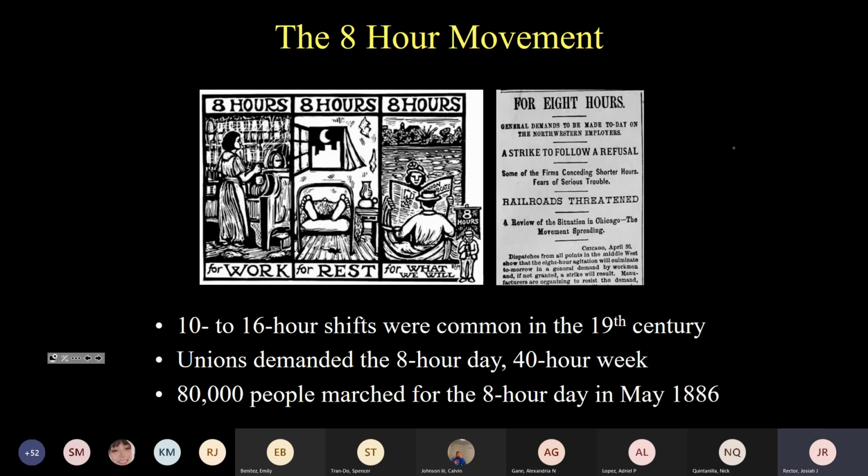Over 600,000 workers went on strike in 1886, and the largest actions took place around the demand for the 8-hour day in May of that year. Some 300,000 American workers participated in 8-hour day demonstrations just in May of 1886. And about 200,000 went on strike for the 8-hour day. There were at least 1,500 separate strikes. Of those, only about 42,000 workers won an 8-hour day. Most did not get one.